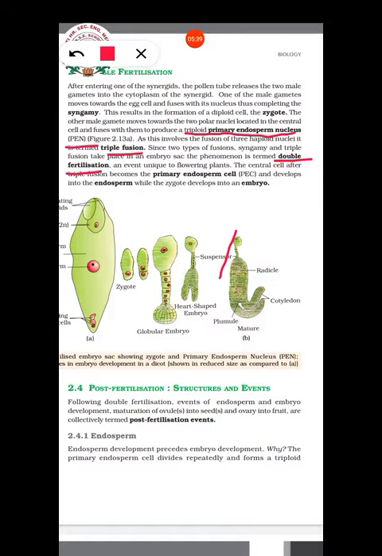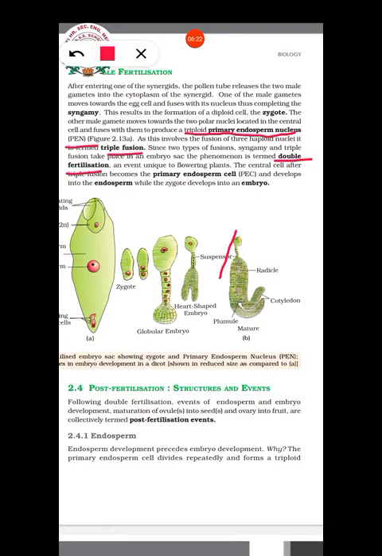Is it clear? So what is happening in the embryo sac? The pollen grain, after pollination, will grow down through the style as a pollen tube, and as it grows down, the generative cell, do you remember what the generative cell is? The cell of the pollen grain, isn't it? Its nucleus divides and forms two male gametes. One of them will fuse with the egg nucleus, which is located in the center of the